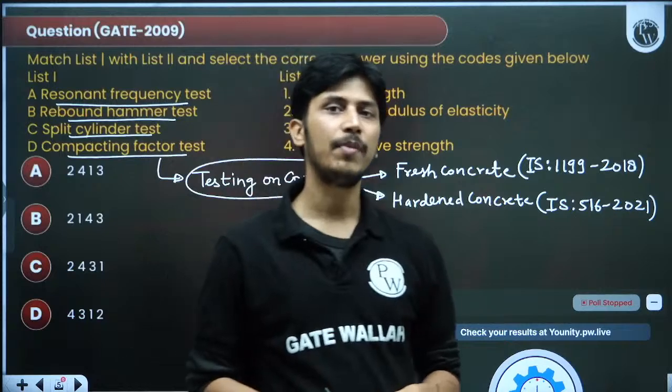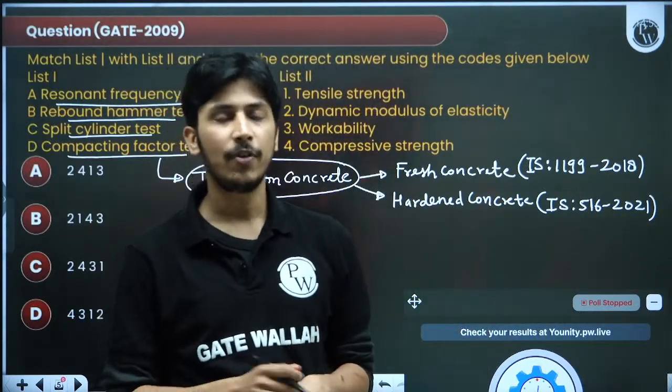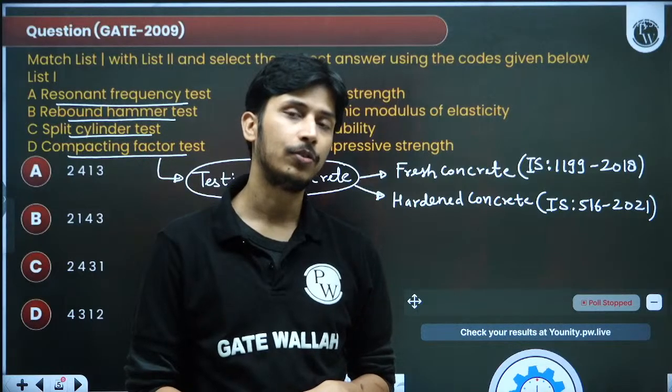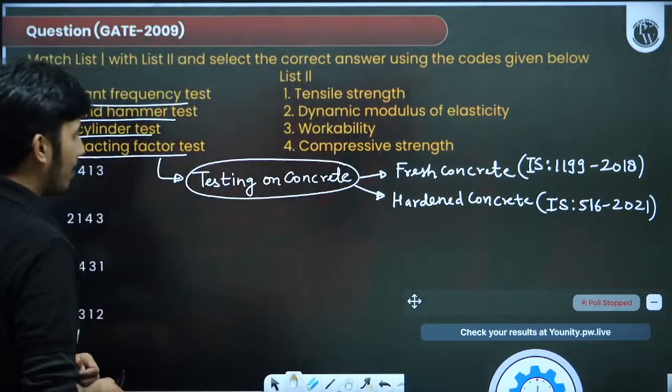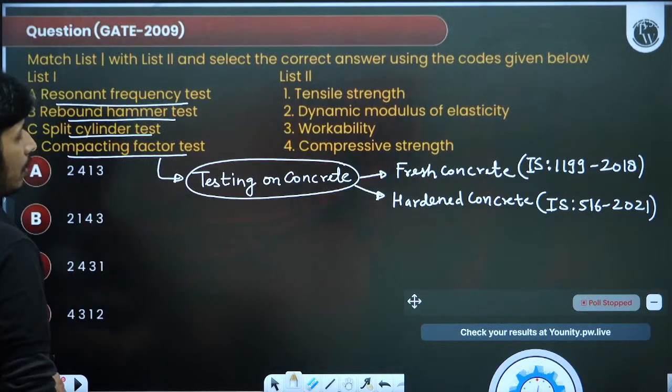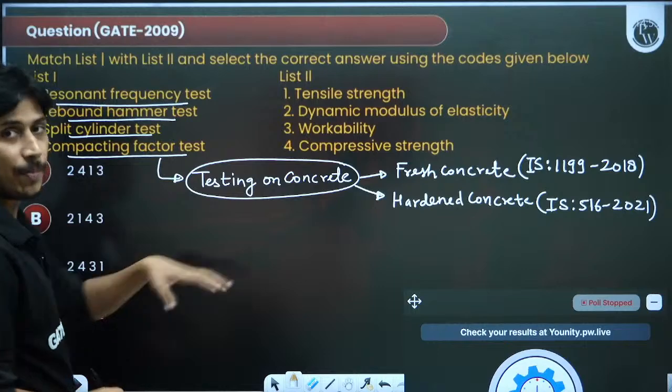Sometimes, because I don't remember exactly. 10262 is for concrete mix design. It is not for testing. 10262 is for design, that is revised in 2019. The previous was 2009, I think. In 19 it has been revised. So testing on concrete has two types of code. If somebody is asking, you can give the answer.